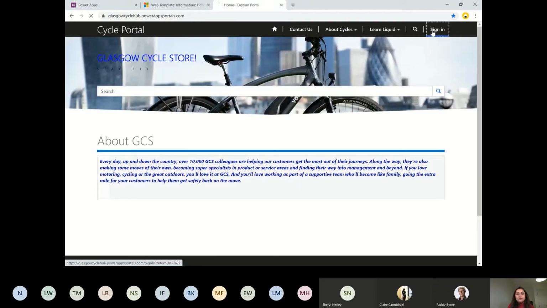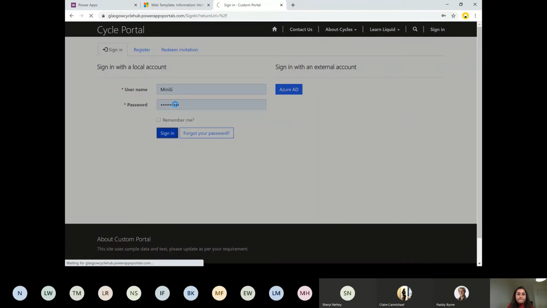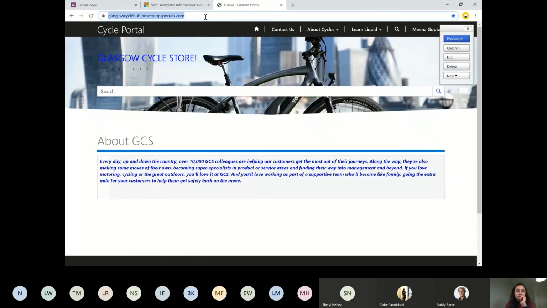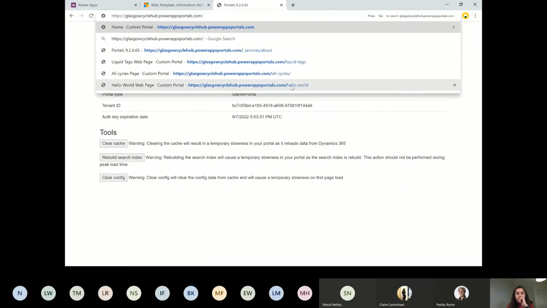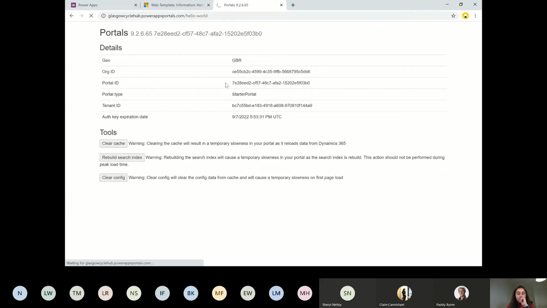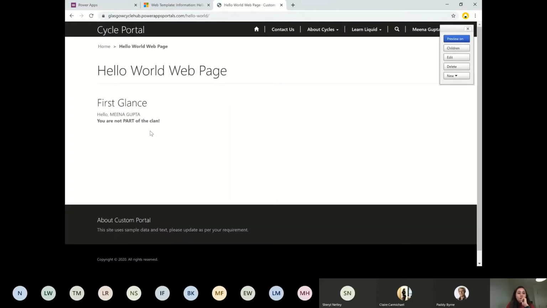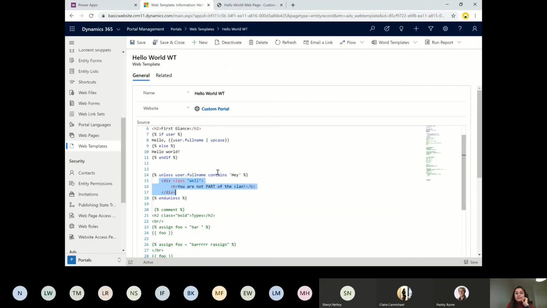So let me log in first. Yeah, so it says you are not part of the clan, and that's because my name does not contain hey. So that's how the unless condition works.